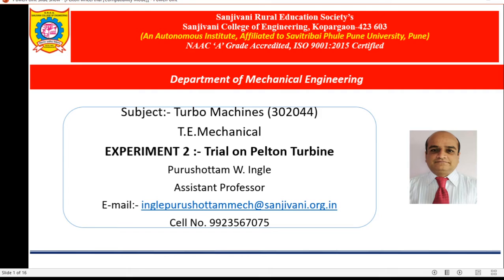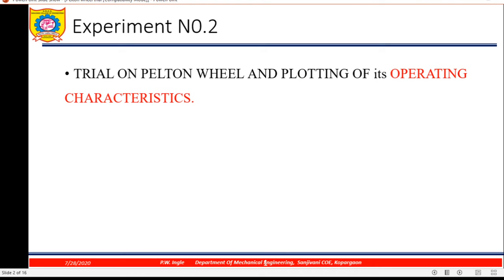So today we will discuss experiment number 2, that is trial on Pelton wheel turbine. In theory we have discussed the constructional features of Pelton turbine, what are the components of Pelton turbine and what is the working of Pelton turbine, then about blades, velocity triangle analysis, head and various efficiencies. So today we'll discuss the experimental procedure to calculate the overall efficiency and to